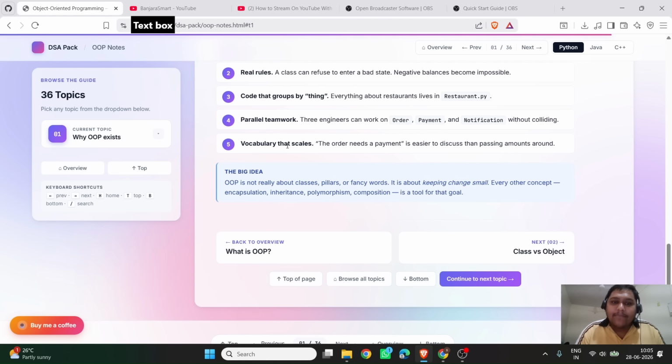And the vocabulary that scales. What do you mean by this? The order needs a payment is easier to discuss than passing amounts around. The big idea of OOP is not really about classes, pillars, or fancy